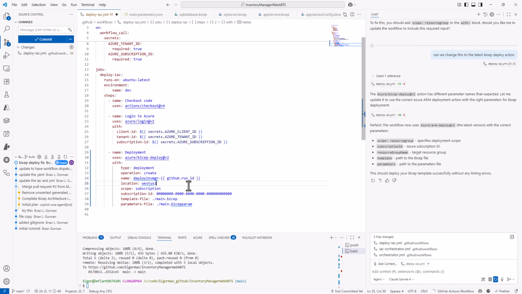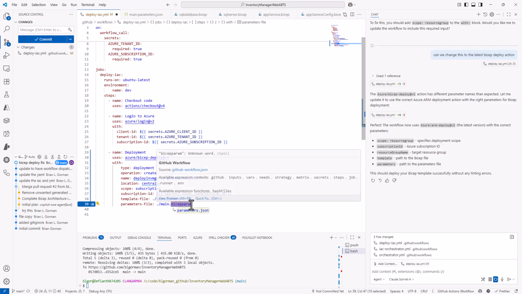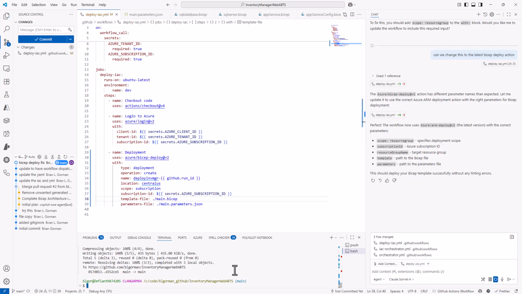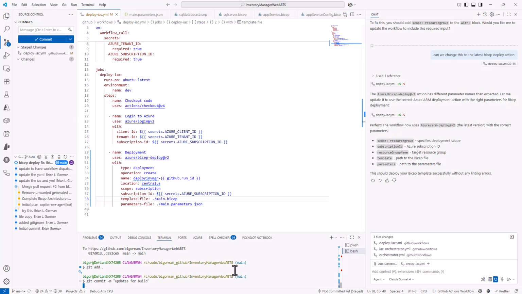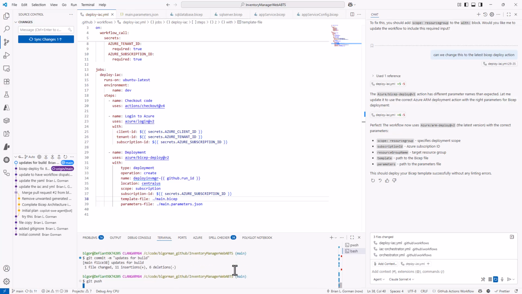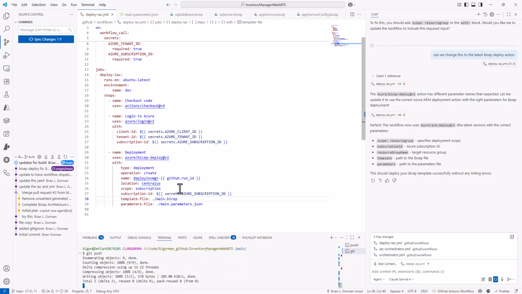And we're doing Central US. Yep. And the subscription ID is this guy. And we're doing main.bicep. And we're not doing a bicep param. We're doing main.parameters.json, which should work. This time I'll remember to push. And hopefully, finally,